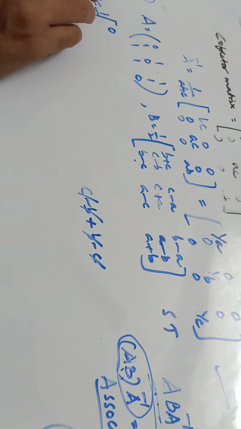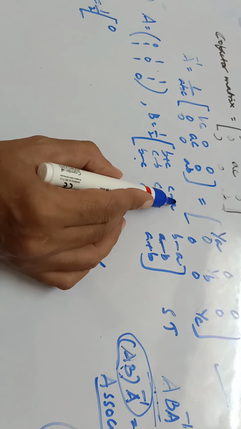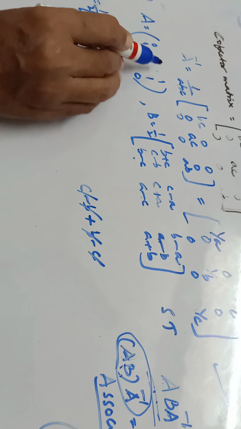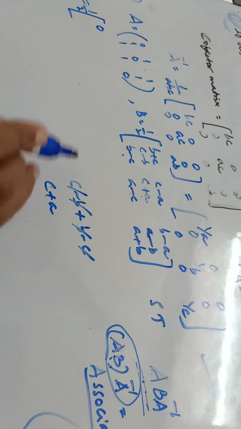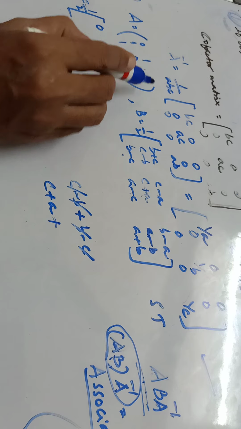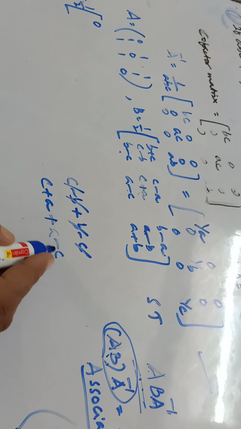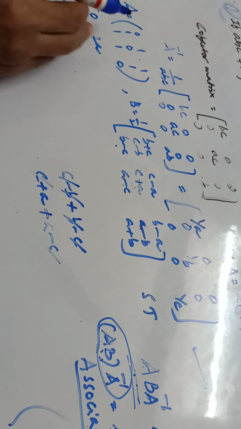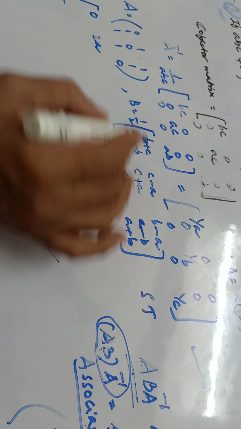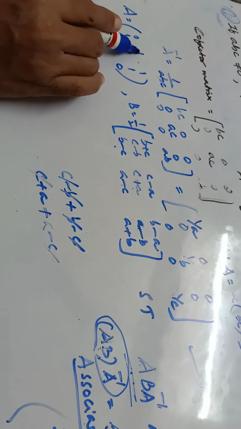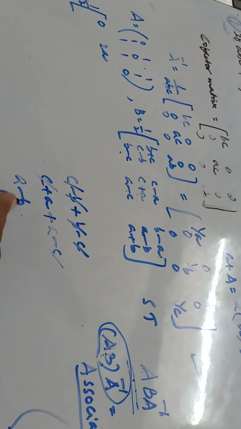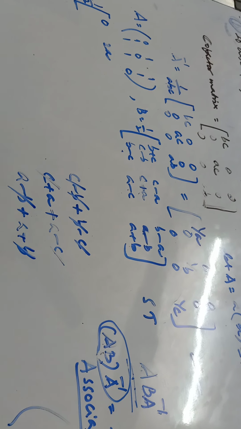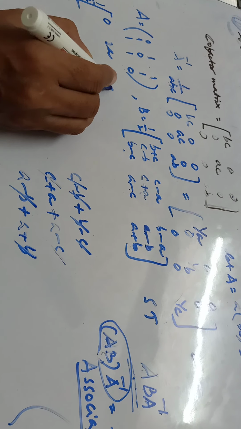Now the second one. Multiply the same row with second column now. 0 into something is 0. Multiply the corresponding elements. 1 into C plus A, that is C plus A, plus 1 into A minus C. Minus C plus C, get A plus A is 2A. This is the second element. Multiply the same row with third column now. 0 into this is 0. 1 into A minus B is A minus B, plus 1 into A plus B is A plus B. These two get cancelled. A plus A is 2A.